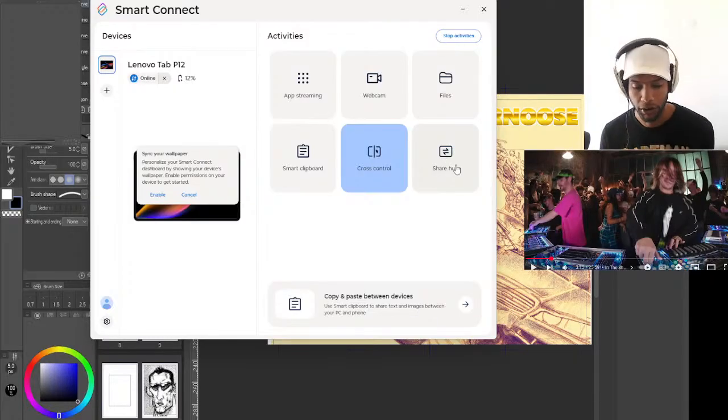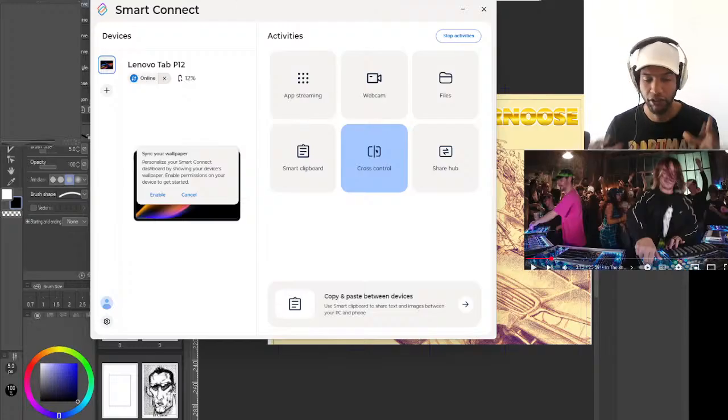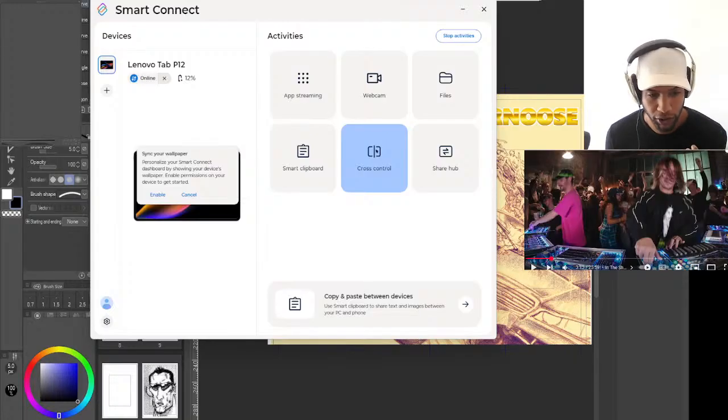Share Hub is kind of like a Dropbox type thing where you drag and drop whatever files you want, and it keeps them there for a day or two, and you can take them out, put them back, and so on.